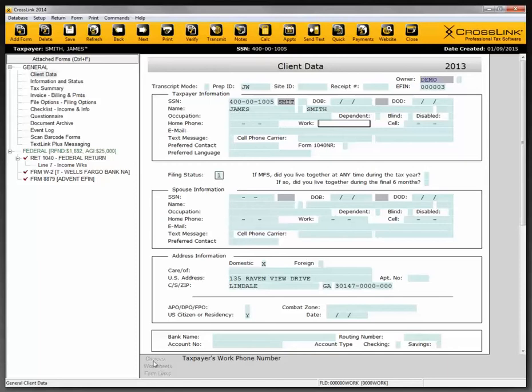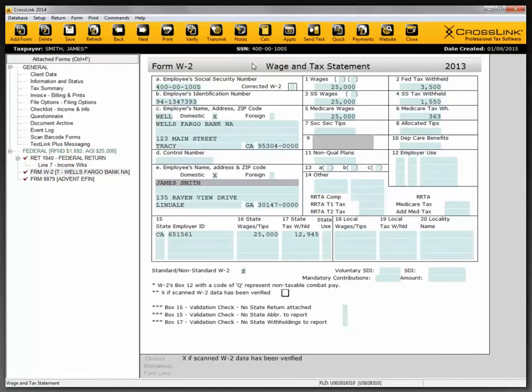Also, there are three options here: choices, worksheets, and form links. I'm going to get to those in just a minute, but I want to start and really begin this return. There's definitely a method to completing these returns. We are a forms-based program. If we look at the W-2 here, this emulates what we get from the clients. When they hand us a W-2, we can enter that information line by line, letter for letter, number for number,